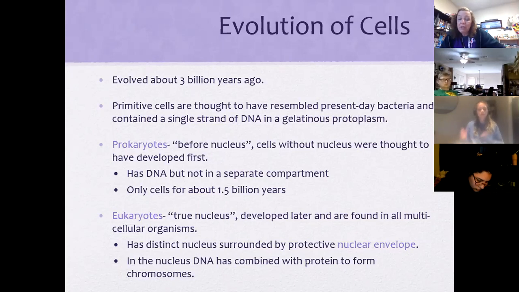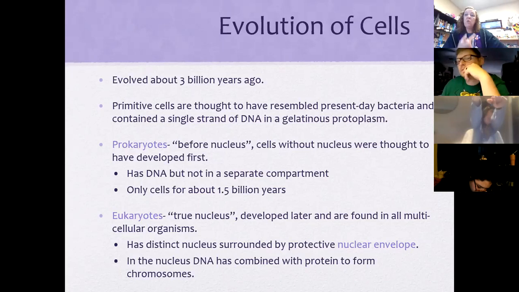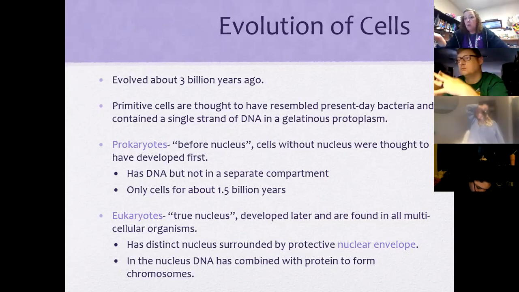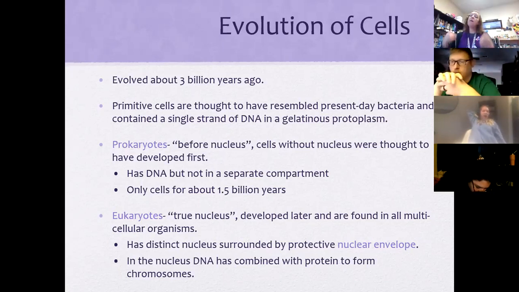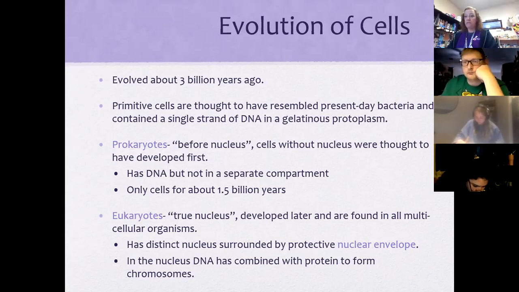But the problem is the more complex these cells got, the more energy they needed. And they didn't have the energy to provide what they needed to continue to become complex and to function. So they said, okay, wait a minute. I think I see something that could work. So they go over and they say, hey, prokaryote, we see that you are just over here making energy. And we're over here evolving and becoming way more complex. But here's what I think we should do. We should team up. And you can come and be part of our super cool complex evolution group. And you can be part of us, but you have to make energy for us.